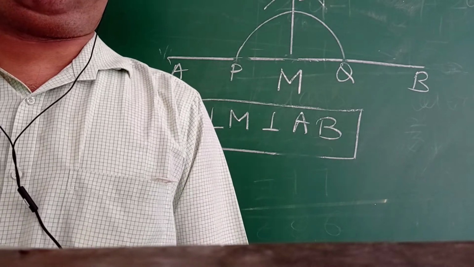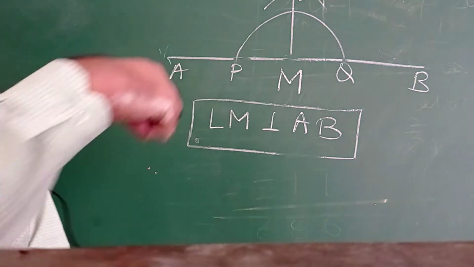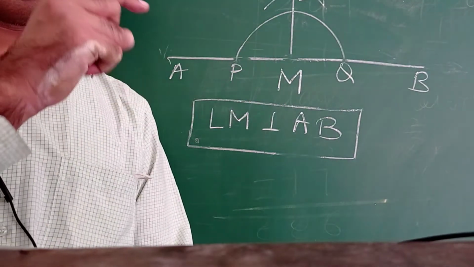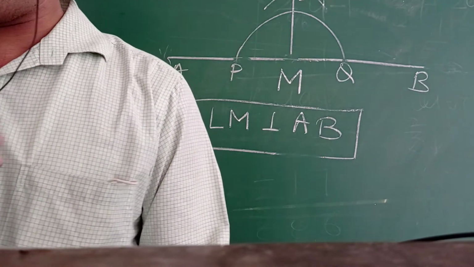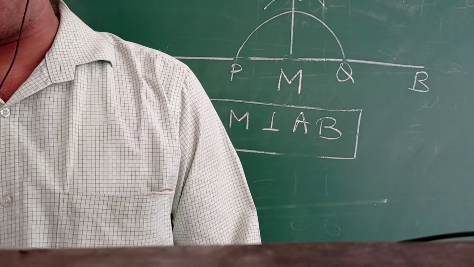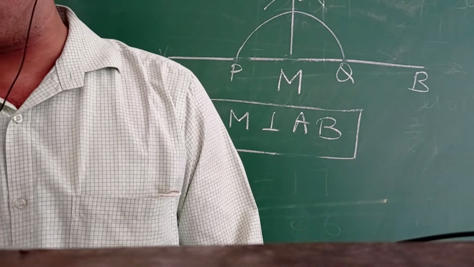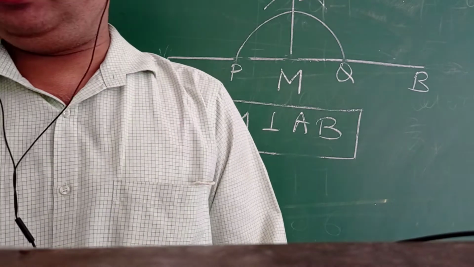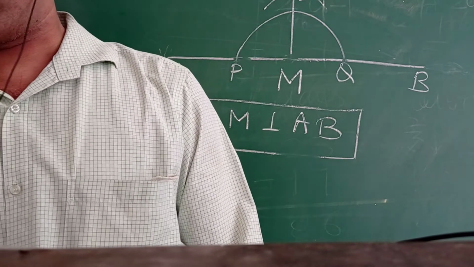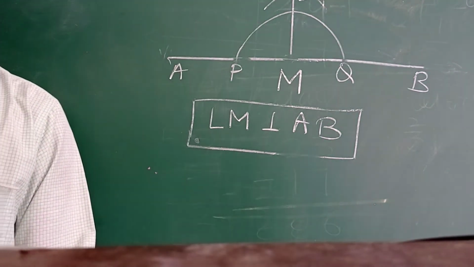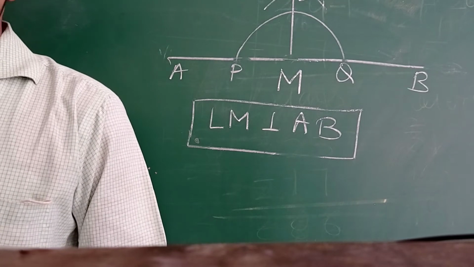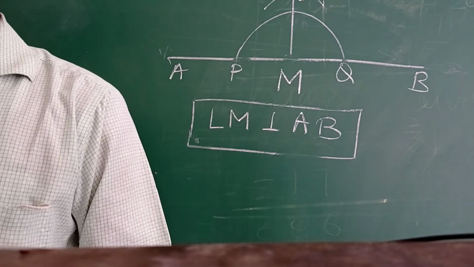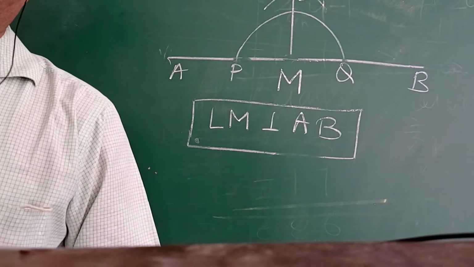This is the construction of a perpendicular when the point is given on a line. We can also construct the perpendicular when the point is not given on the line. So in this way, in 14.2, you can do the question with the help of a set ruler and set square.